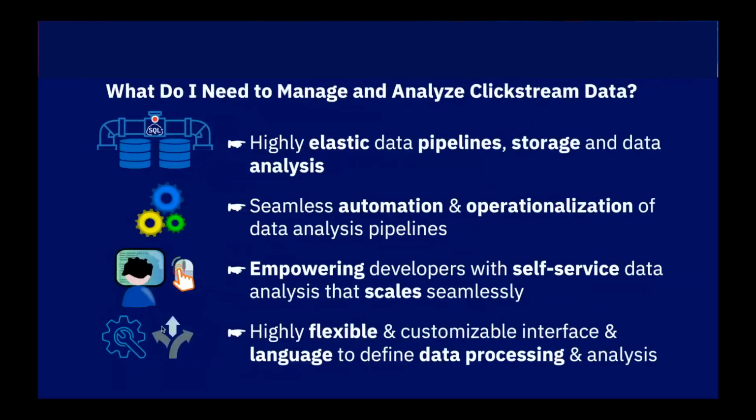Now, if you think of how to manage this clickstream data, how to get a handle on it, you will see the things that you need are pretty close to what we've walked through beforehand. You need very elastic pipelines to process this data, to store this data, to prepare this data, and then finally to run analysis. Of course, you do not want to do this manually. This is something that you want to work out once, and then it should run automatically, and you should just get your report, or maybe even a notification proactively if there's some important action coming up. The user, for instance, is about to leave. Maybe you just trigger somebody in CRM to automatically take a look after this guy.